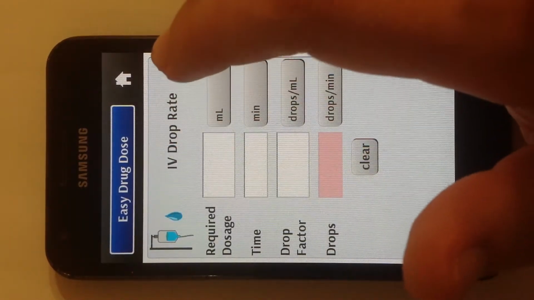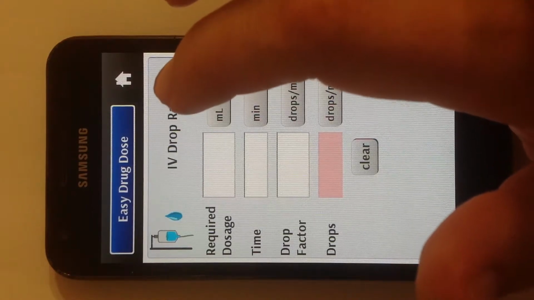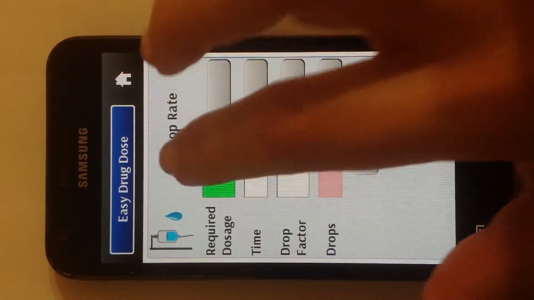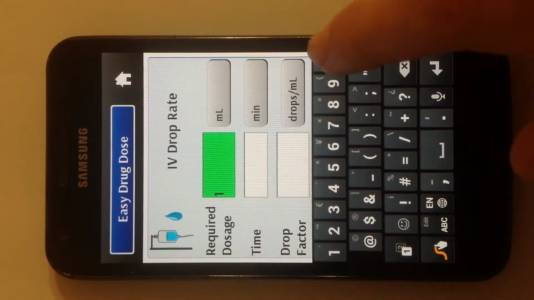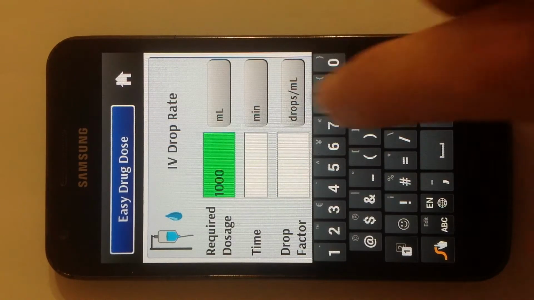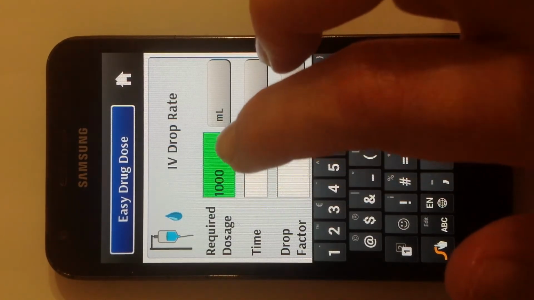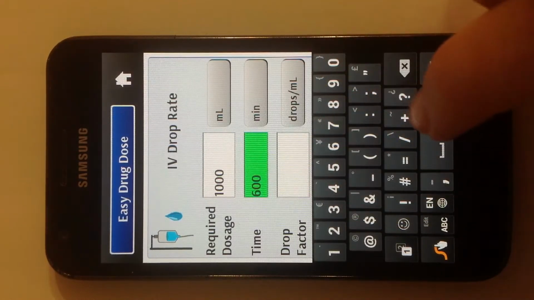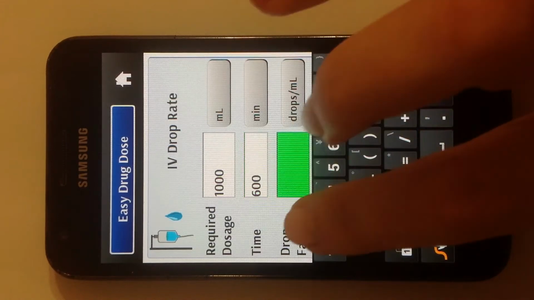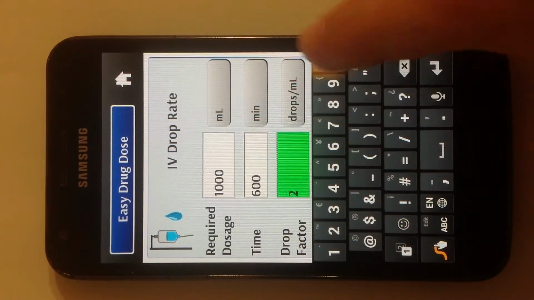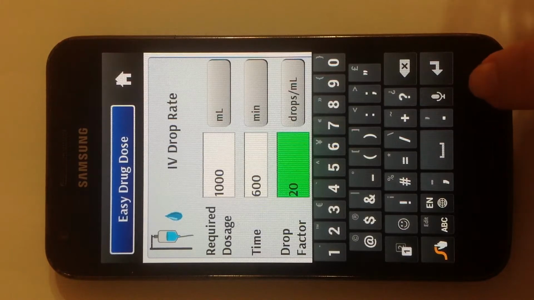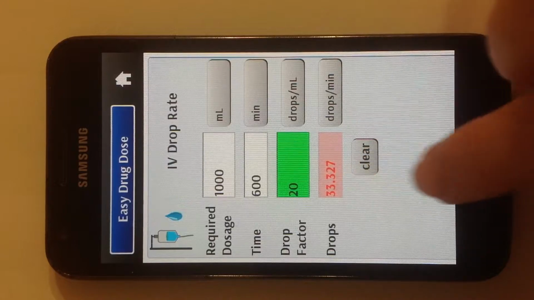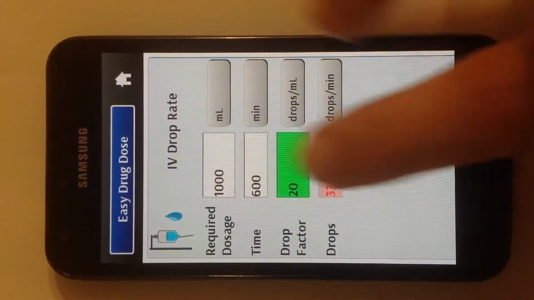Okay, the drop rate. I know that the machine sometimes could calculate it for you, but not always. In the emergency department, in some situations, you do need to do it yourself. So, for example, we have normal saline, and the order is 1,000 milliliters, to be given over 10 hours, which is 600 minutes, and we have a drop factor. The given set of IV is 20, which is the most common one used in adults, and you know that we need to give about 33 drops a minute